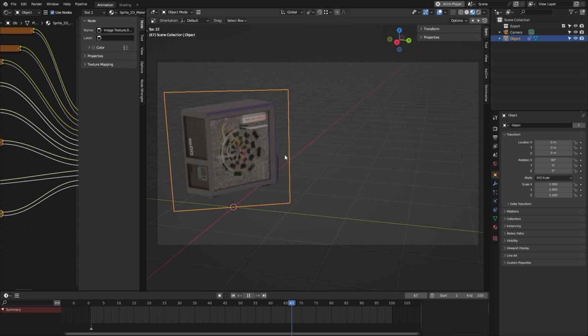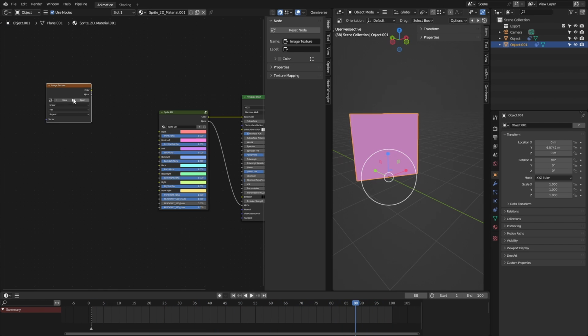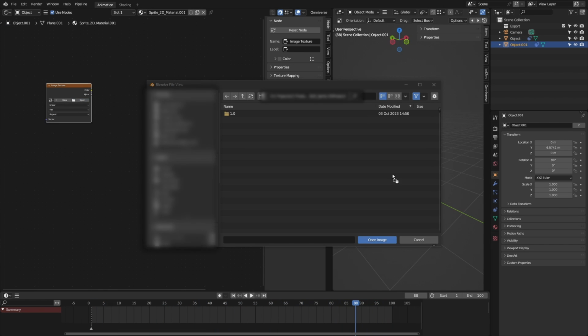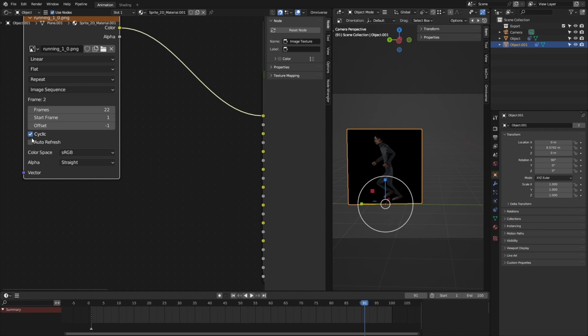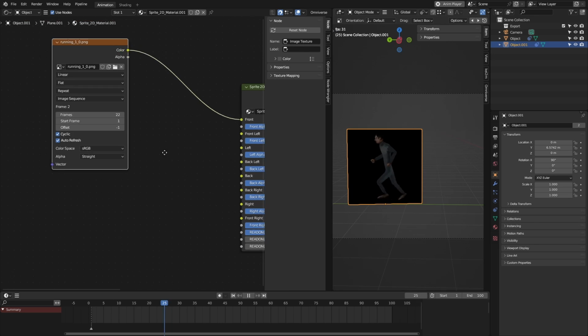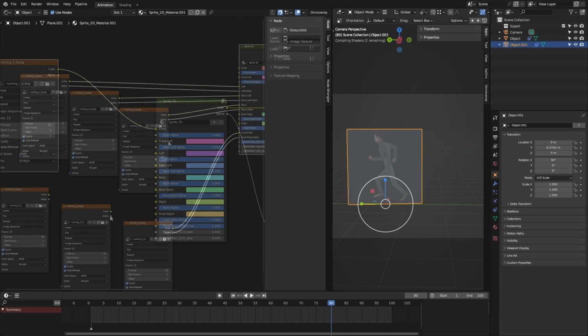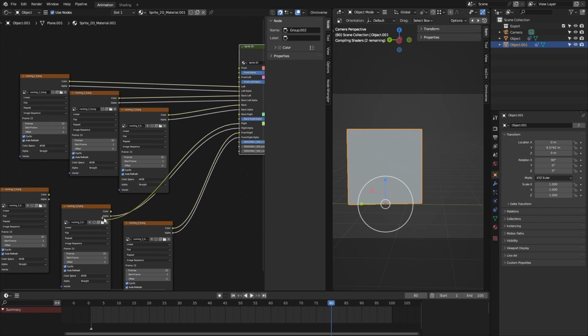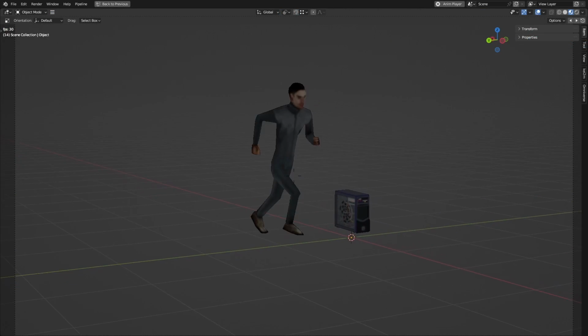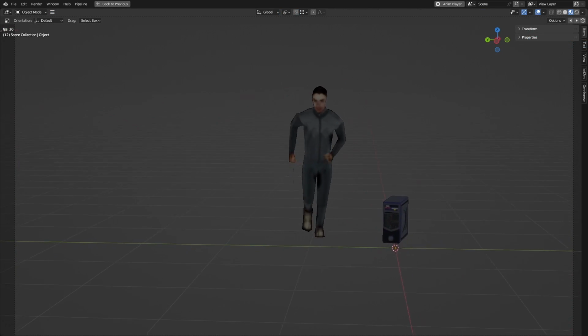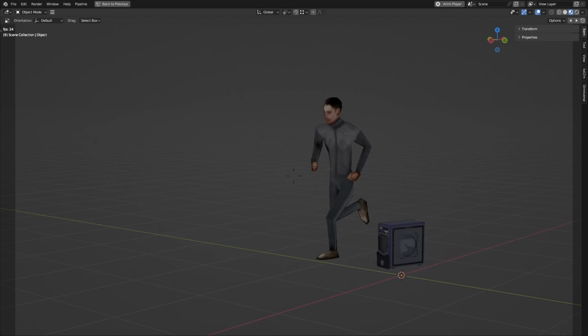If you're animating the sprite with an image sequence, just do the same process, but import the image sequence in the typical way. Turn on cyclic and auto-refresh and plug it into its relevant input. Now just run the scene again, move your camera around, and you should see the sprite update itself as you go, changing its appearance depending on which angle the camera is viewing the object from.